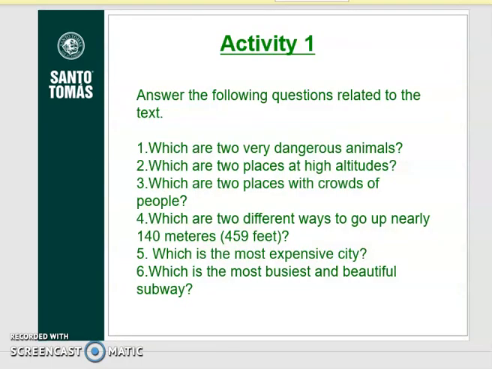So this is the activity. Answer the following questions related to the text. Which are two very dangerous animals? Which are two places at high altitudes? Which are two places with crowds of people? Which are two different ways to go up nearly 140 meters? Which is the most expensive city? Which is the busiest and most beautiful subway? Okay,